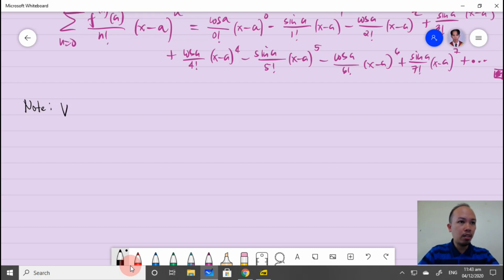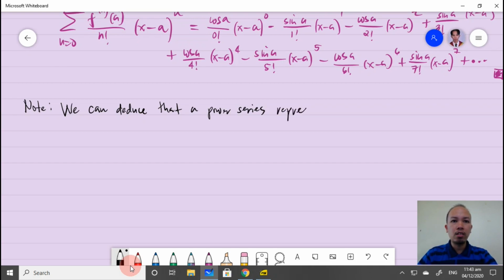Notice that in the discussion we can deduce that a power series representation of a function is unique. Okay, why is that? It is because